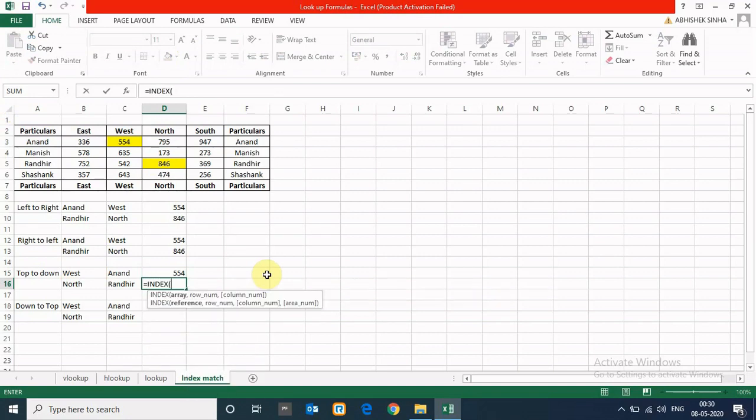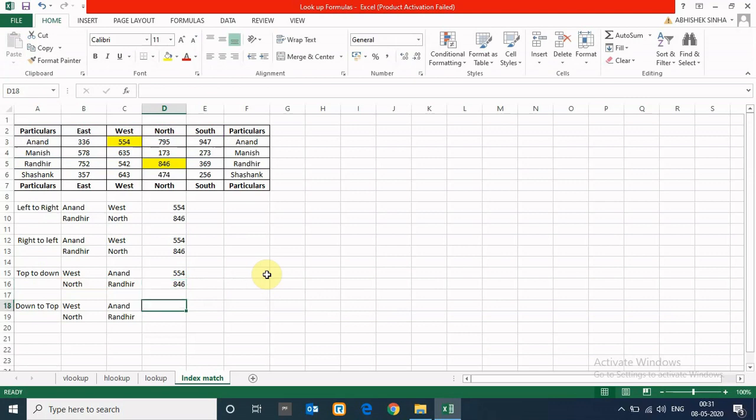So again, INDEX or MATCH: in INDEX we choose the array, comma, row number is 0, comma, column number MATCH, comma, lookup value is North, then the top one, comma, 0, close. Okay, same results.